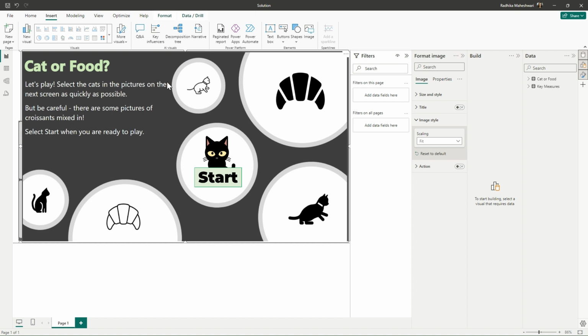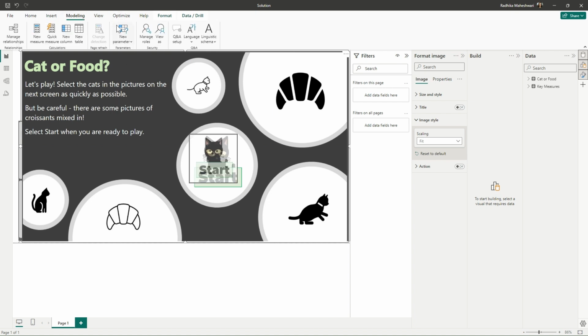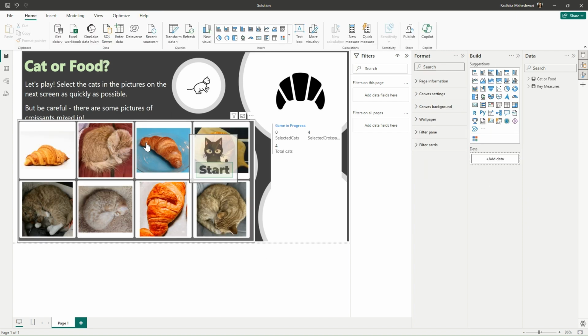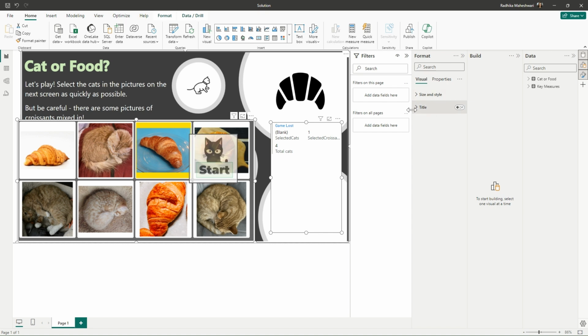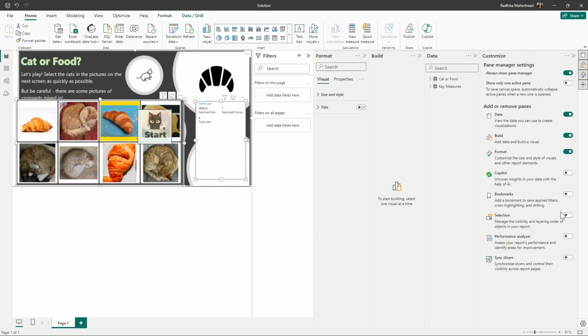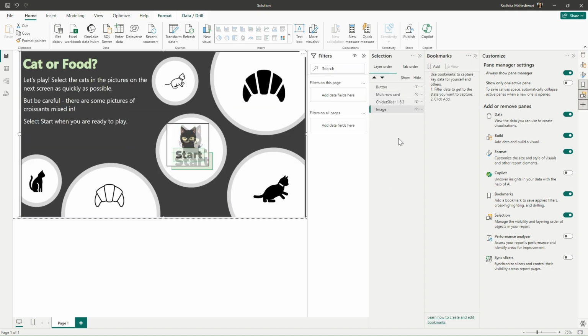Let's just move this image at the back. So going into format and send to back. Now let me first hide all of these visuals. So I'm selecting both of them and enabling my selection and bookmark pane. I will just disable these, and with my button